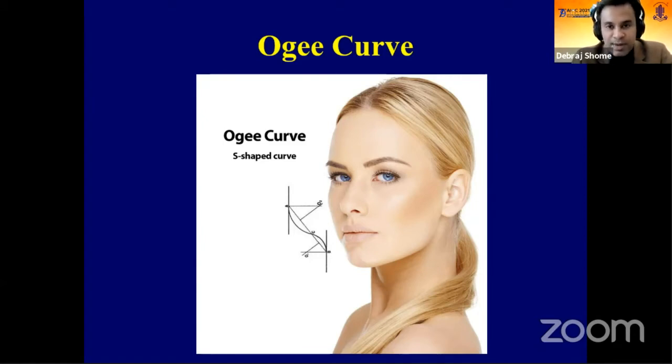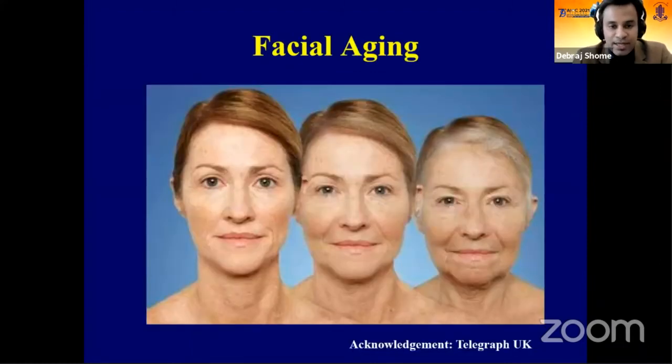On a young woman, especially when we look at them at 45 degrees, we see that there is an S-shaped curve called the OG curve. And generally what aging means is that the entire face is moving downwards and medially with age. That's very critical to understand, because unless you understand what aging is, how will you really define strategies for anti-aging?